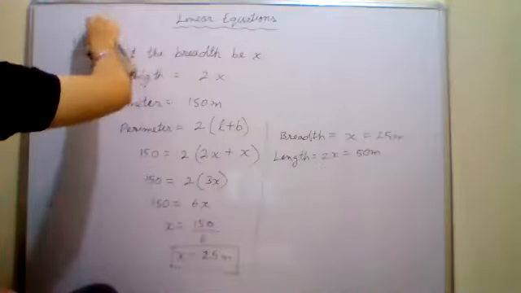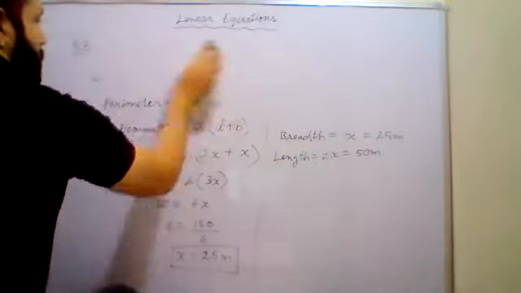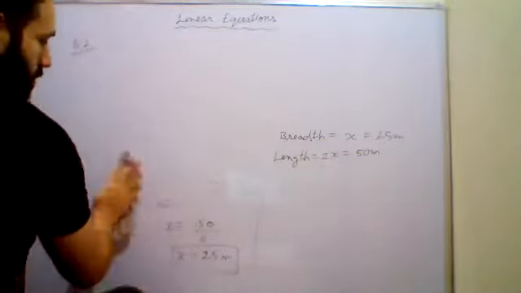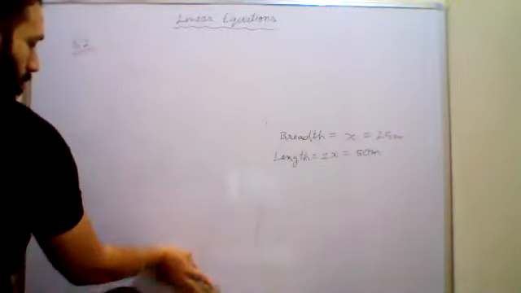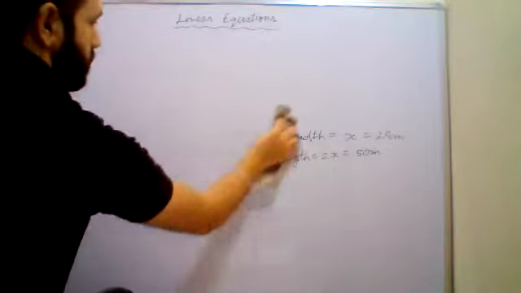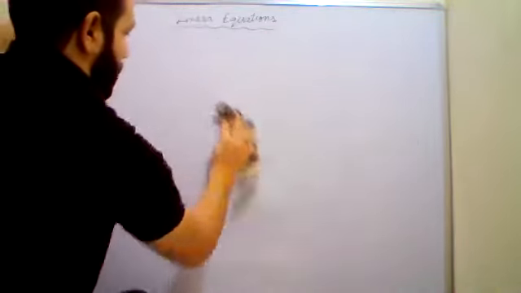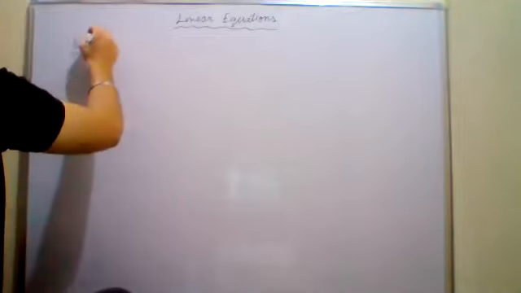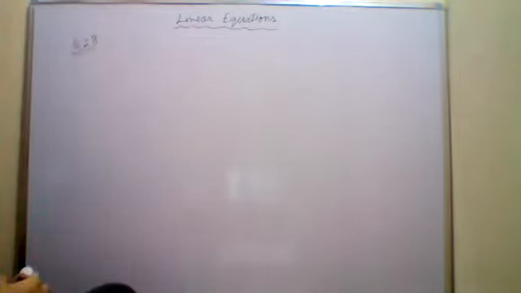Question 28. Question 28 says: two equal sides of a triangle are each 5 meter less than twice the third side. If the perimeter of the triangle is 55 meters,